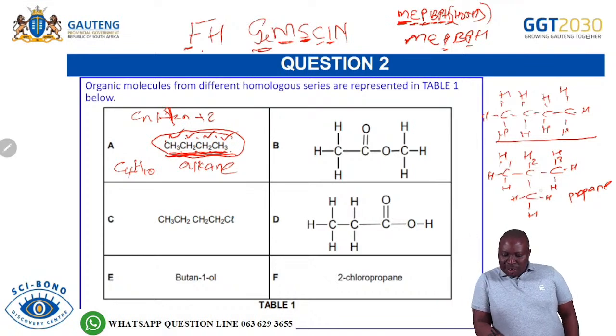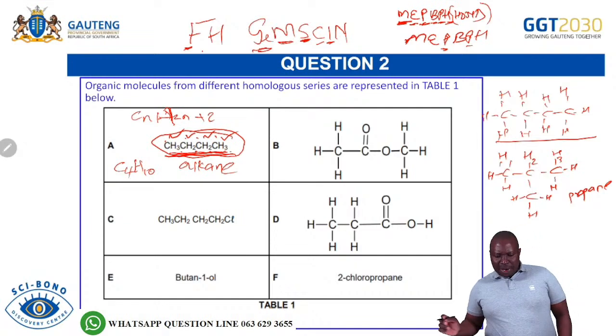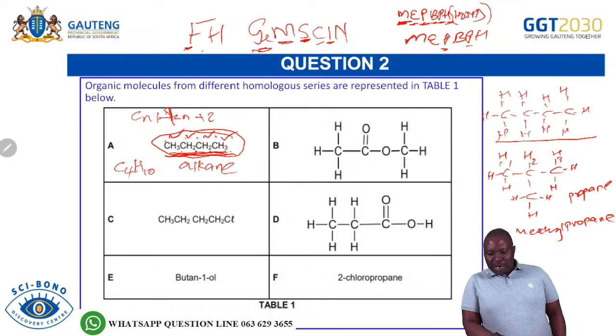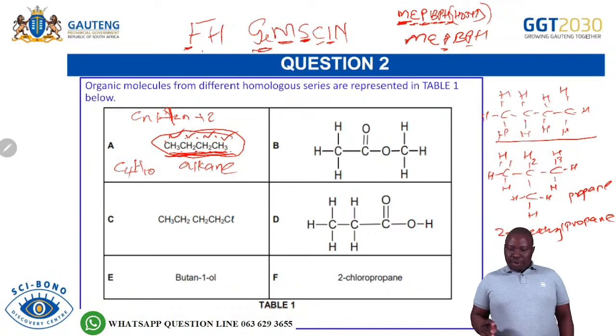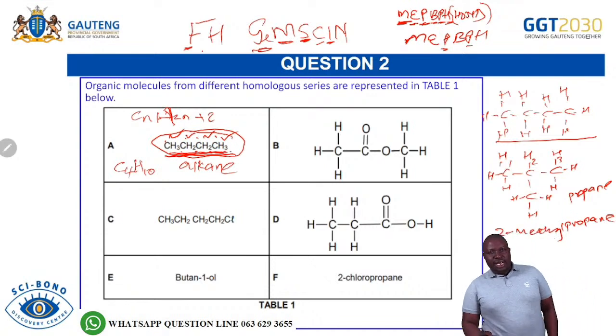Remember, if now it's 1 carbon as a branch or as a substituent, it's no longer methane, it's now methyl, because it's running short of 1 hydrogen. So you will refer to this as 2-methyl, because in carbon number 2 we have a methyl, and the parent chain, the longest carbon chain, is 3 carbons and single bonds. So that will be propane. So that will be 2-methylpropane. I hope you're able to look at how you can utilize the strategy of F.H. Jameson to answer the questions.